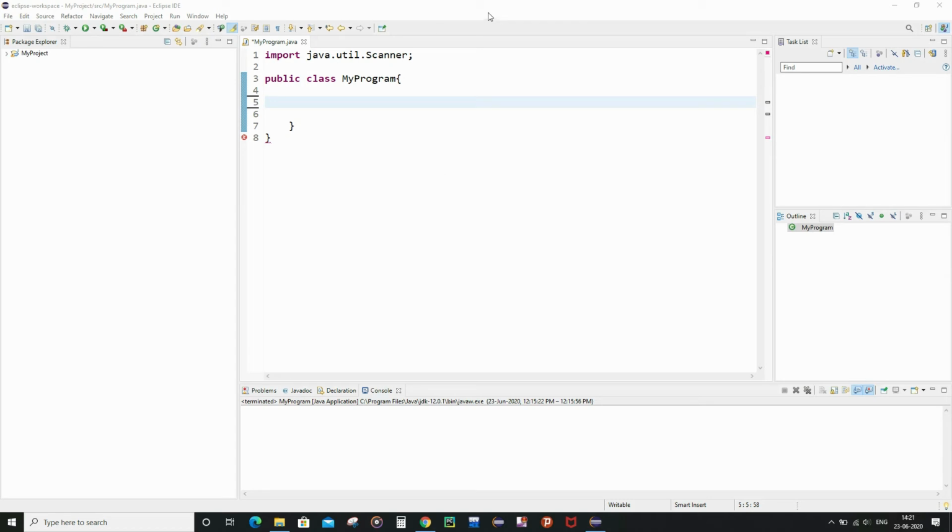Now the code which I am going to write will consist of 4 methods in addition to the main method. The first method will be used for creating the tableau, the second one will create the keyword, the third one will be used for encryption, and the fourth one for decryption. Now first of all I am going to declare the main method inside the public class myProgram.